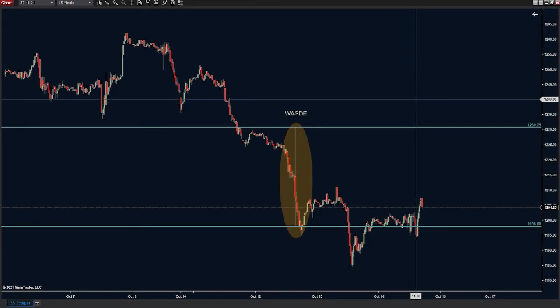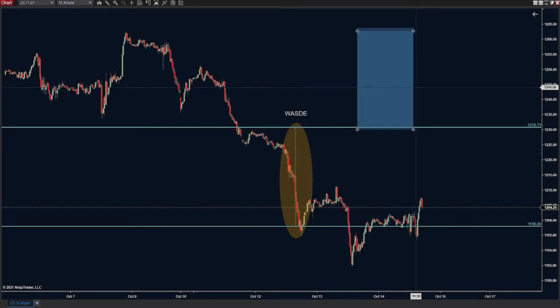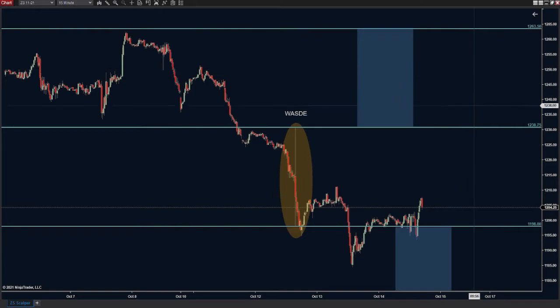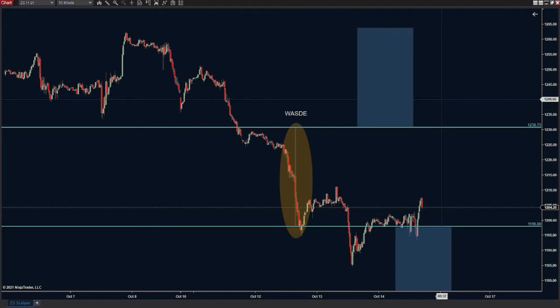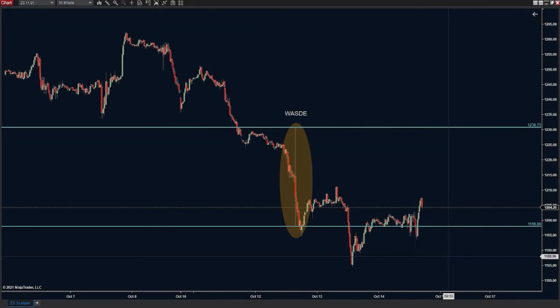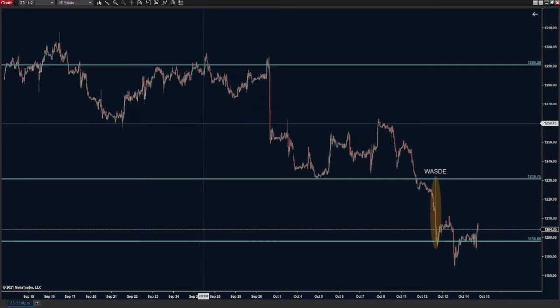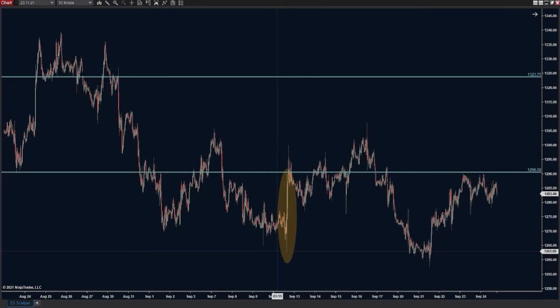But we can also take this a step further and look at what this is telling us as far as projecting. If the market's going to break further up or further down, we can take this same measurement and project it further up and further down. And these will give us natural barriers later on that the market can try to target out to. And again, if we take this same concept and look back at some of the previous areas of interest just to see how this works,